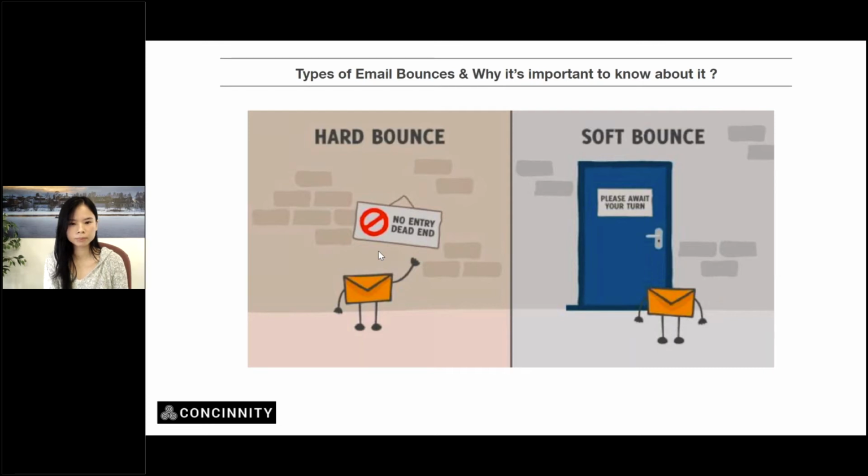Okay, and keep in mind, whatever tool you're using, including if you're using Liana Technologies' tool, every time there's a bounce, the email ID is automatically taken off the list. So next time when you send out emails, the email will not go to that particular email ID. Yeah, so that's hard and soft bounce for you.